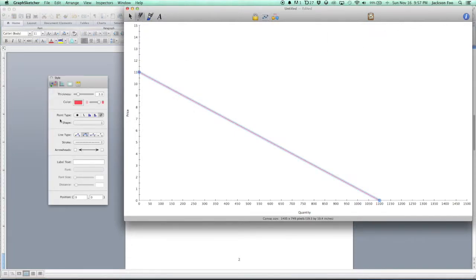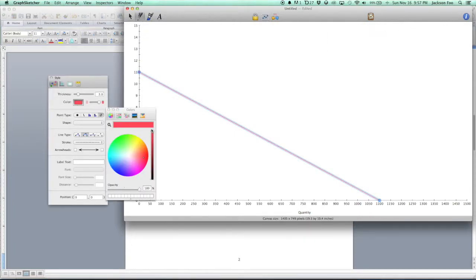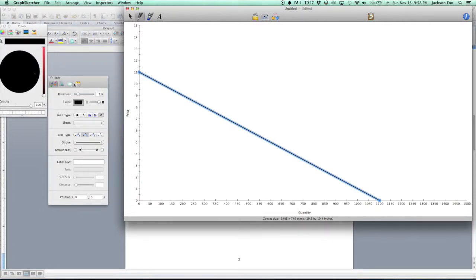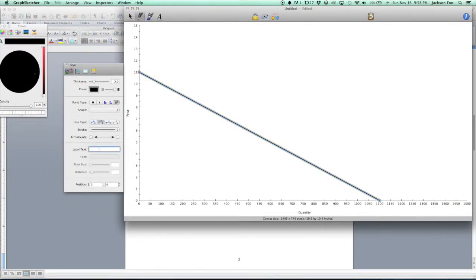I do not like it being red. Let's get it back to black, and let's get it back to normal solid line. Okay, excellent. So I'm just going to label this real quick so it's clear. We have this demand curve, which is given by P equals 11 minus 0.01Q. Okay, let's move on. What else do we have to sketch when we're talking about